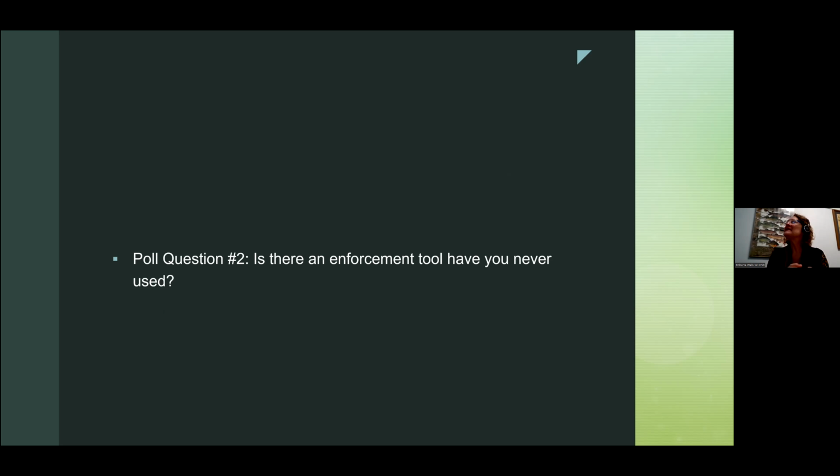Here we go. It's pretty even all around. Suspension, revocation, and referrals are definitely what we would consider to be those higher level enforcement processes. Citations may or may not be effective. We'll talk a little bit about that. And we've had some folks out there that, if this is interpreted right, I said if you've not used a tool before, and some folks have used all of them, so we've had some folks out there that have explored all the processes. And do we have anything in the chat box from folks?